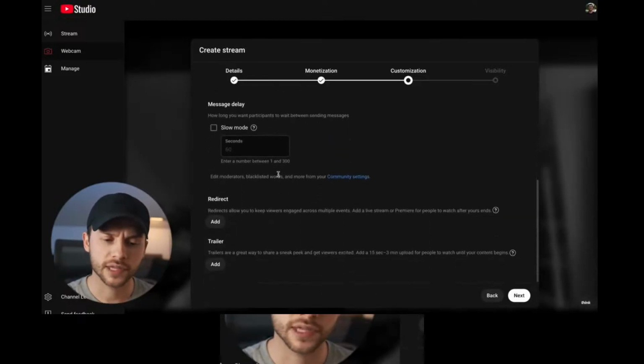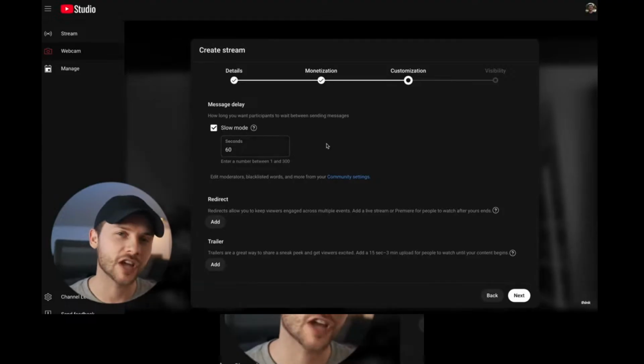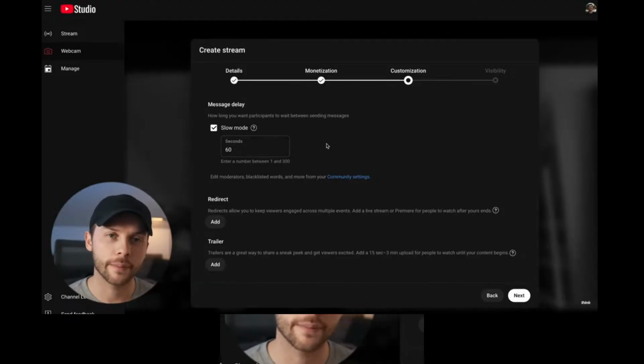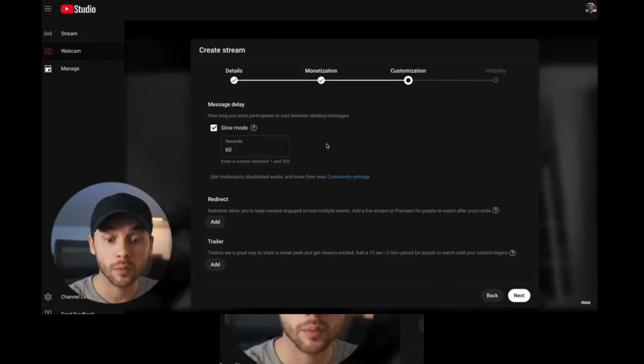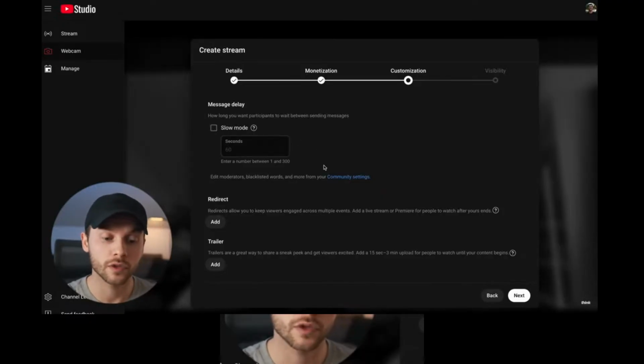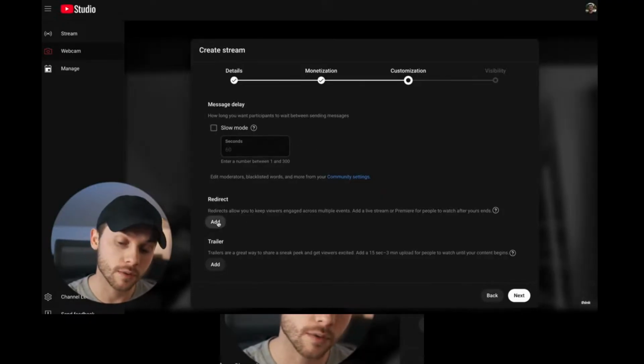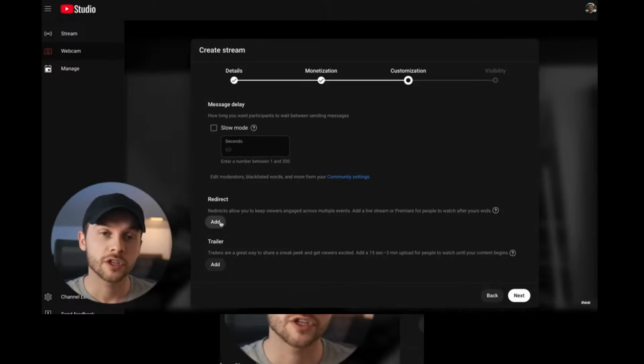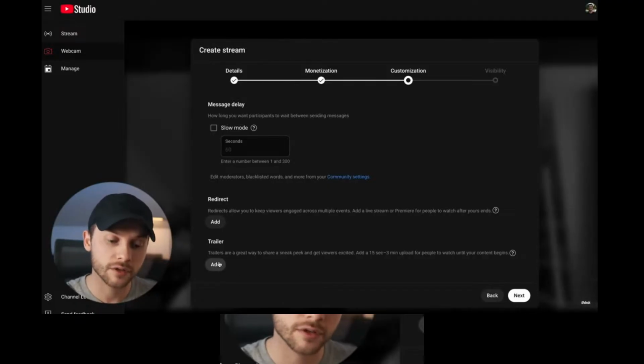And then there's just a few other things you can do. You can add a message delay. So this means people can't spam the chat so much. This will delay their comments every 60 seconds, which can be helpful sometimes. You could add slow mode if you wanted to. You could also redirect. So after your stream finishes, you could add a location to where it's going to redirect your viewers to after the stream is over. And you can also add a trailer so that people can watch a little trailer to your live stream before